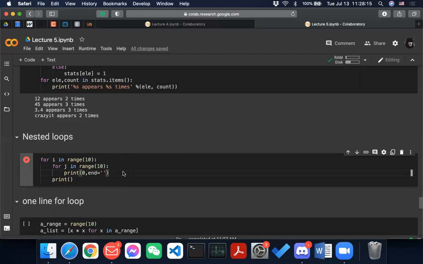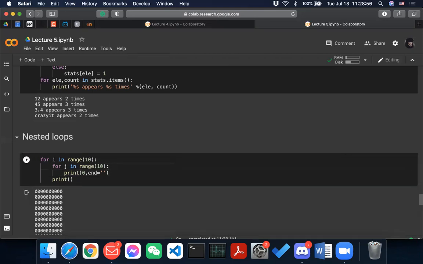you will get into the next statement, which is the next for loop. So when i is equal to 0, then j will go from 0 to 9. So i is 0, j is 0, i is 0, j is 1, i is 0, j is 2, blah, blah, blah. And then after j is counted until 9, you increment i, which means i is now equal to 1, right? And then j just goes on and on.